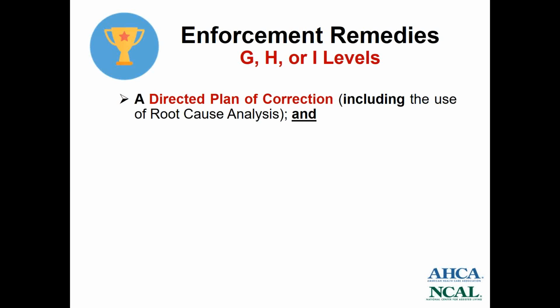And looking at the root cause analysis, what the survey team or CMS or your state agency is going to look at when you submit your plan of correction, which you will have to do. Even though it's a directed plan of correction, you have to submit a plan of correction, which includes your root cause analysis. Based on the information that I have received from some of the state agencies that I have talked with, what they're looking for is